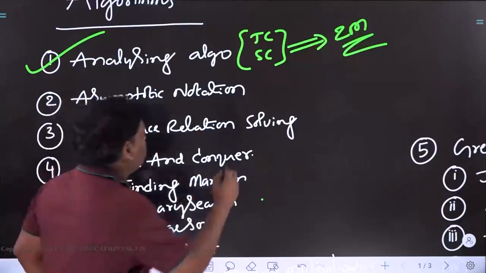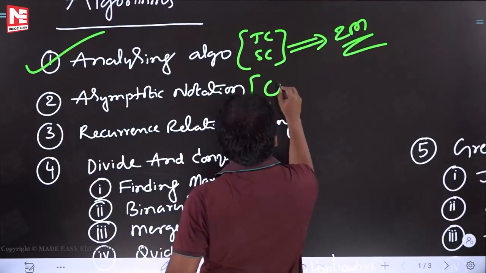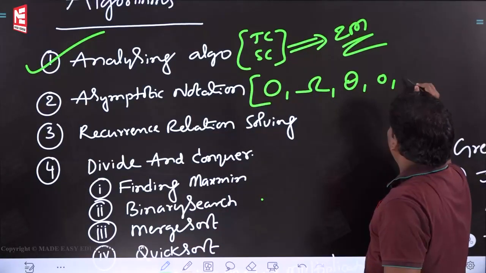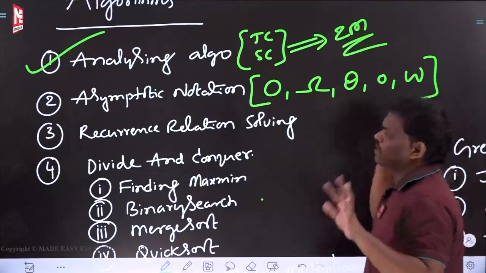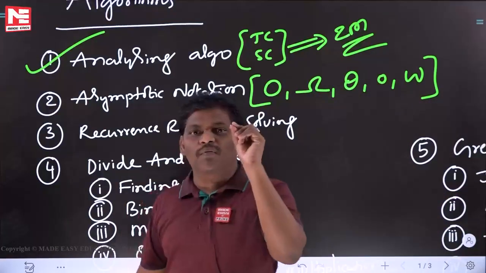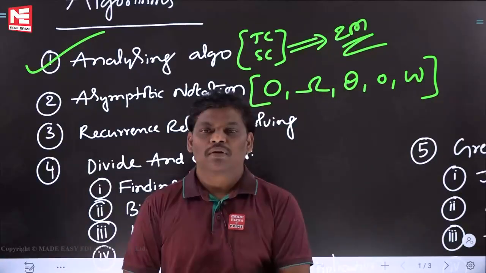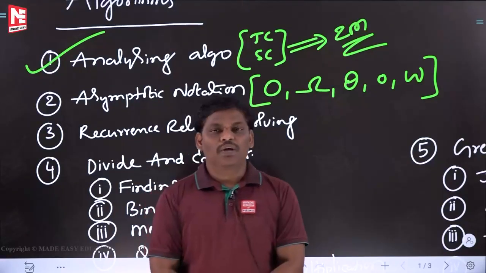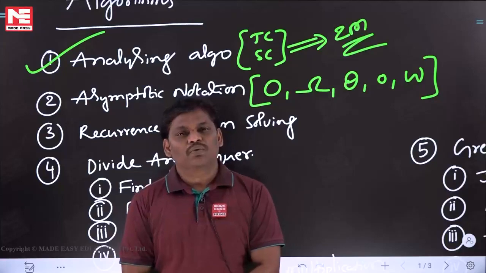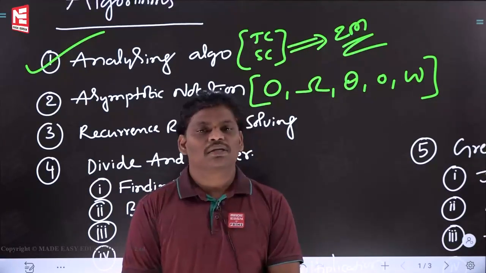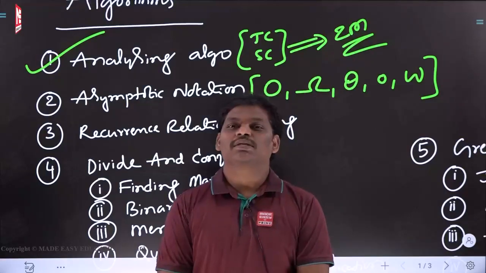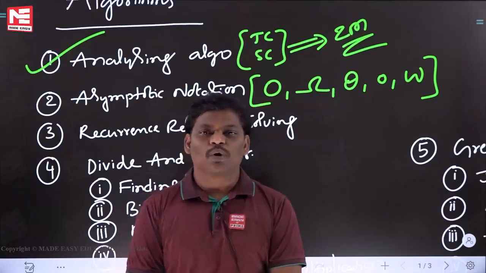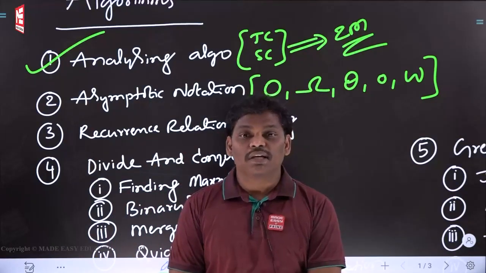Please take care. Next one is asymptotic notation. That is the next topic. Asymptotic notation means everyone knows, right? Big O notation, omega notation, theta notation, small o notation, small omega notation. This notation is required. This is one of the powerful topics in the algorithm subject itself. The total algorithm subject is completely based on this particular topic. Big O, omega, theta, small o, small omega. In the total algorithm subject, in every class, this topic will come. Every time I will say either big O or omega or theta or small o, small omega. Asymptotic notation is really important.